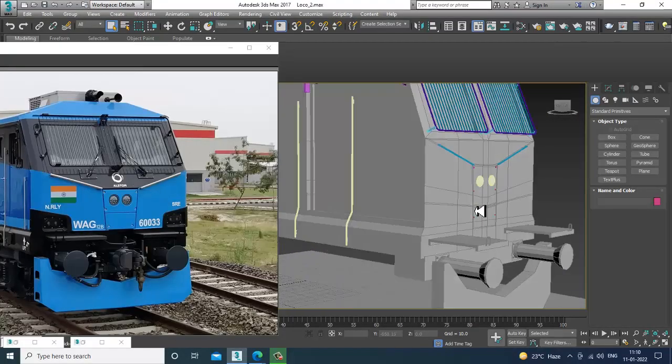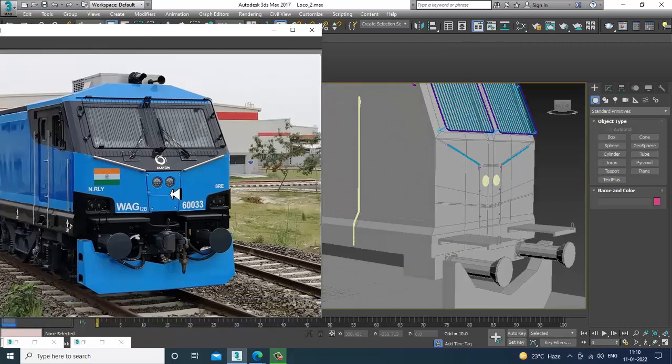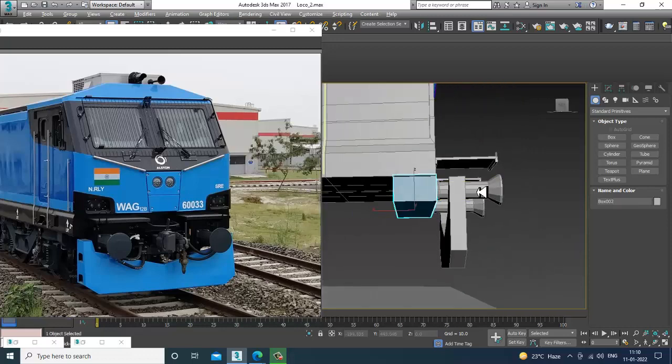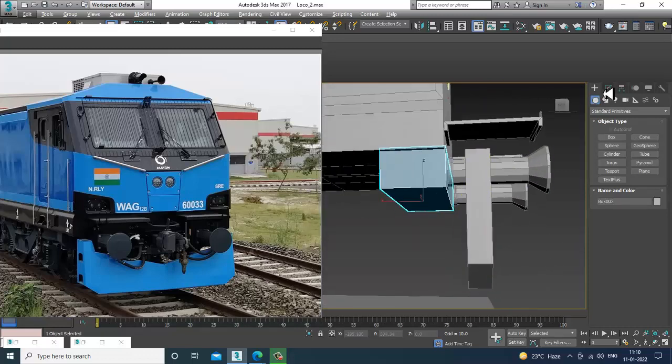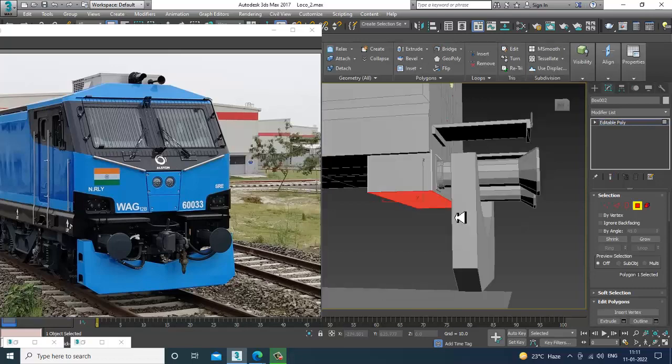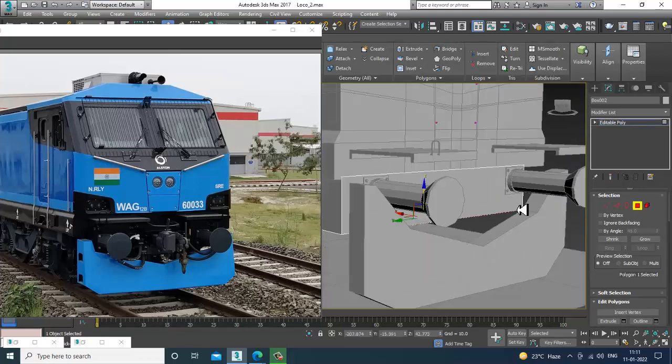So let's continue with the next part of this tutorial. Let's get started. As you can see over here, we have started with the modeling of this particular WAG12 locomotive. We'll be continuing it. Now what I'll be doing is modeling a coupling. So for modeling this coupling area,